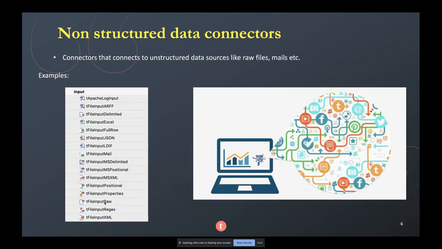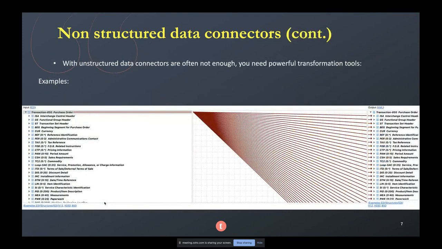But what I would add when it comes to connectivity and non-structured data is that what is very important for a modern data management platform is providing you also with powerful tools for transformation. For example, this is a screenshot of what we call the Talend data mapper that is specifically used when you want to map very unstructured data, for example, to a structured format. So this is an example of mapping of an EDI file to an XML